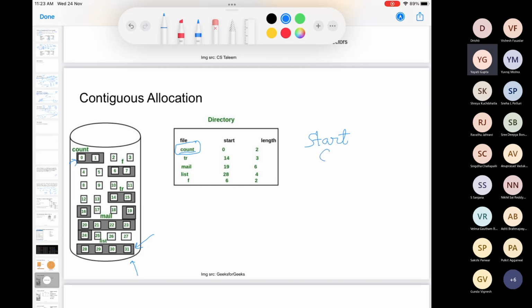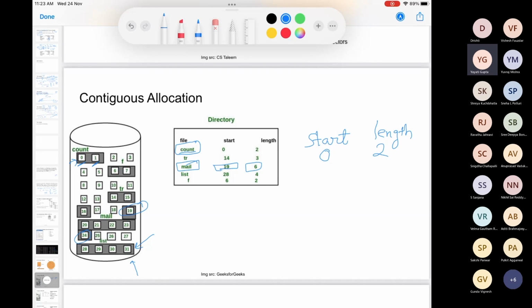For your file count, the starting sector is 0, and the length of the file in terms of blocks is 2. So count will start at the 0th block, it has a length of 2, so it will occupy the 0th and 1st sector. Similarly, for other files, let's say the mail file here has a starting location of 19 and a length of 6. So it will start from sector number 19 and go up to sector number 24.